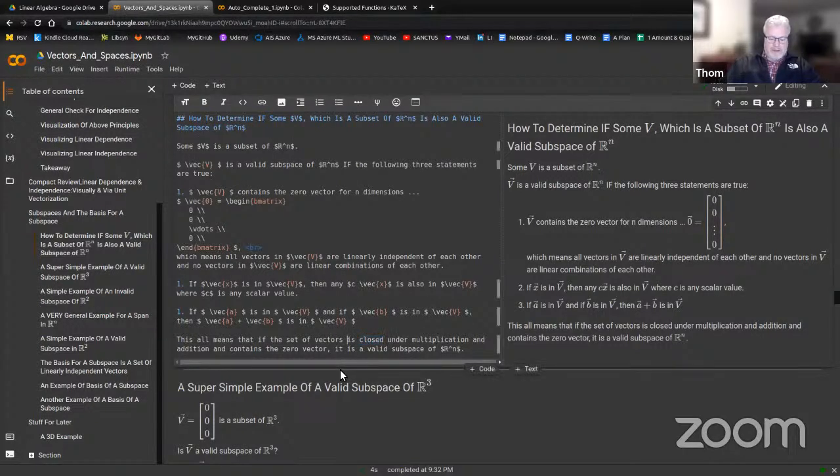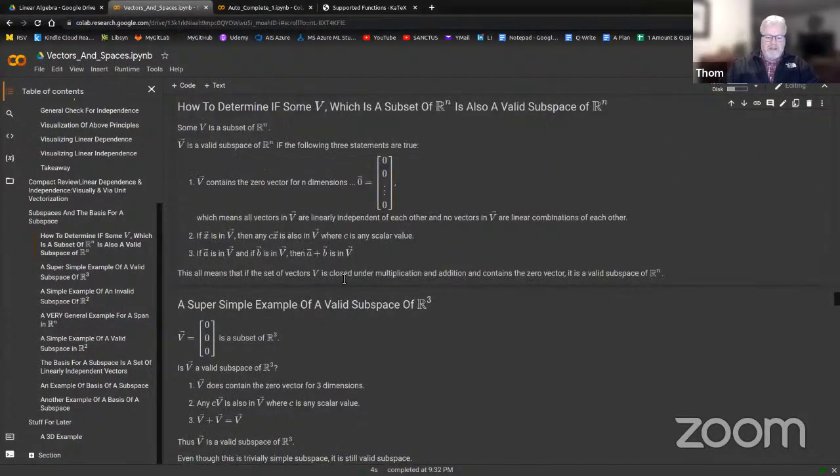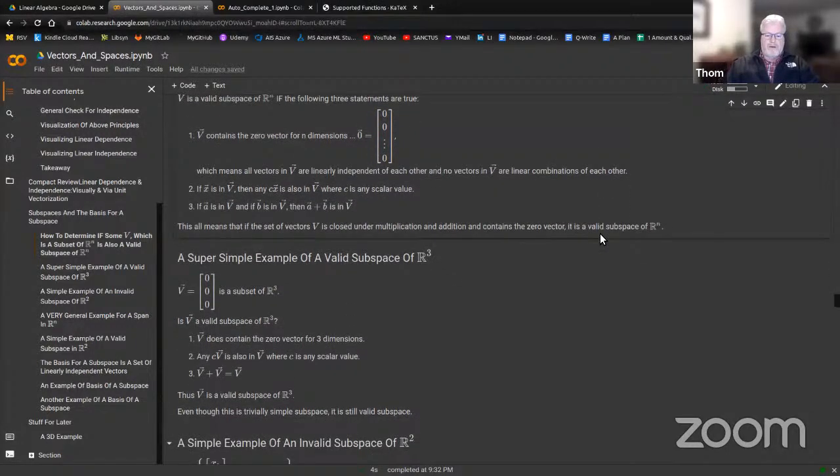If the set of vectors V is closed under multiplication and addition and contains the zero vector, it is a valid subspace of the real numbers within dimensions. Okay, now,